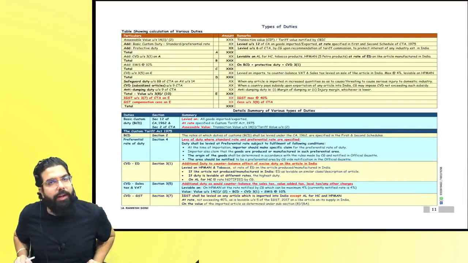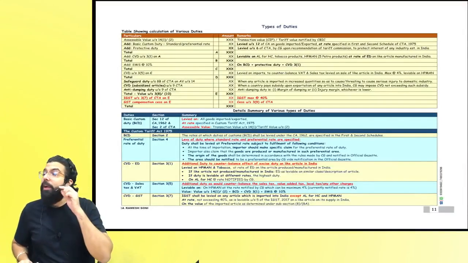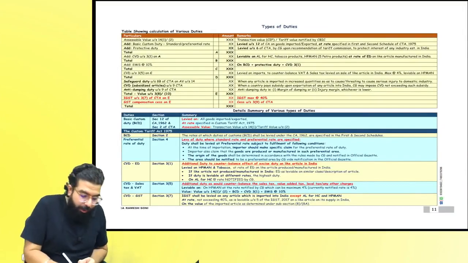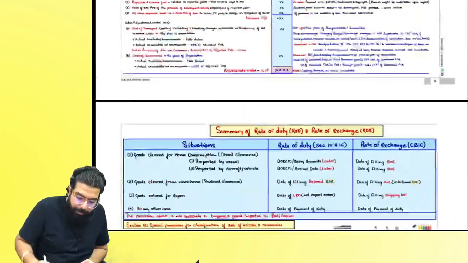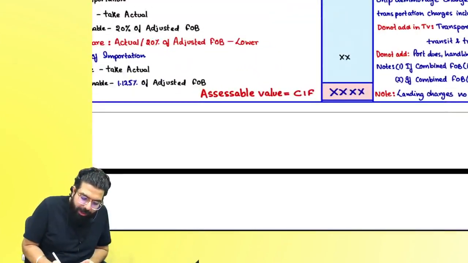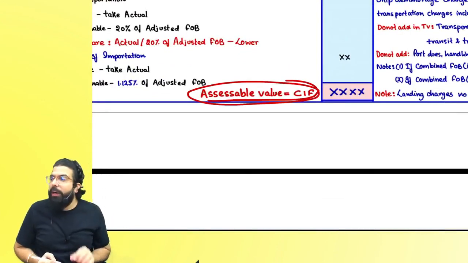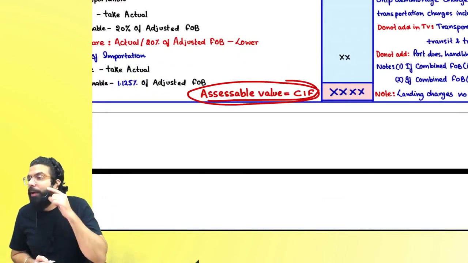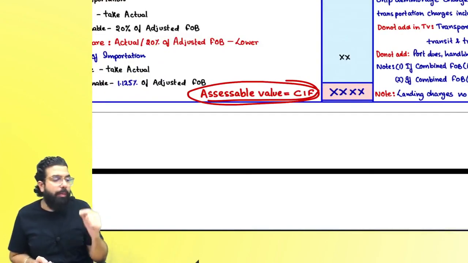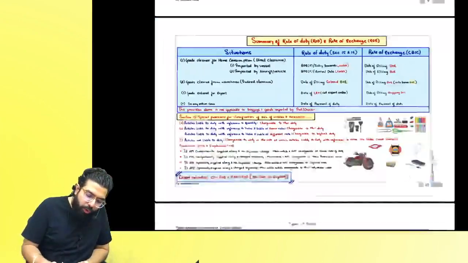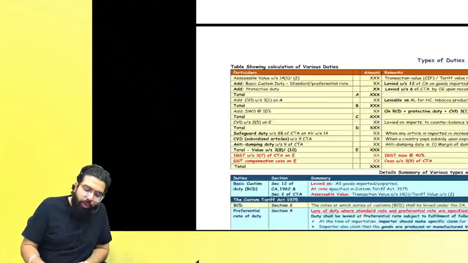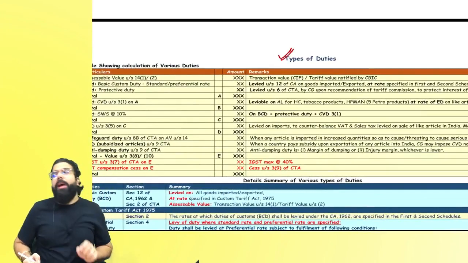Alright students, let's go ahead and now revise the chapter of types of duties. Everyone over here, types of duties, always remember, when you do the chapter of valuation, once you are done with the chapter of valuation, either the value will be transaction value or the value will be tariff value. Transaction value or tariff value, on that you have to go ahead and charge the custom duty,